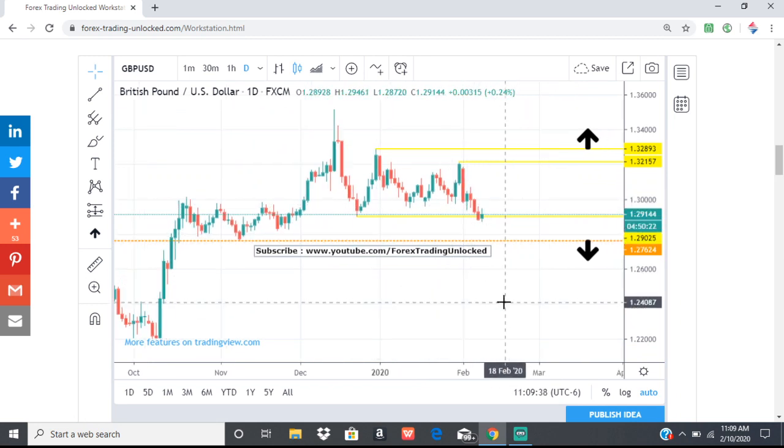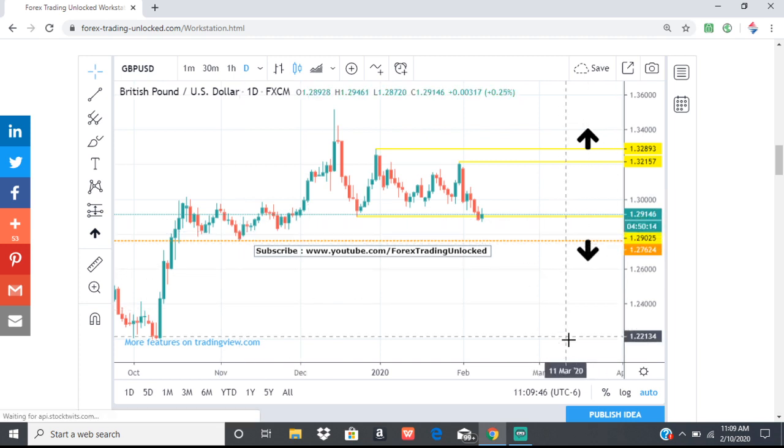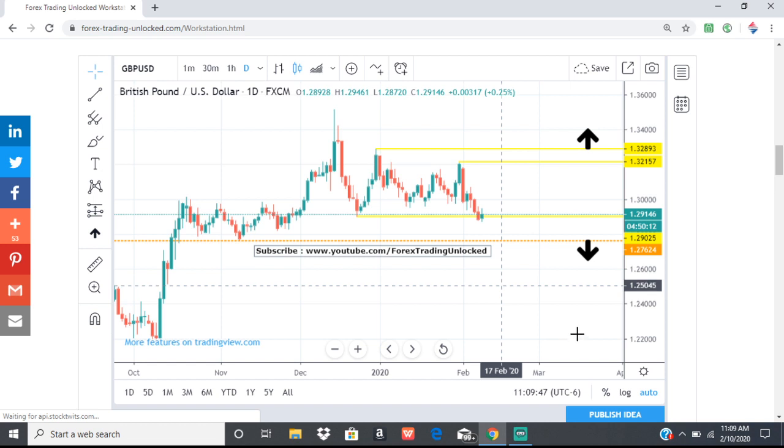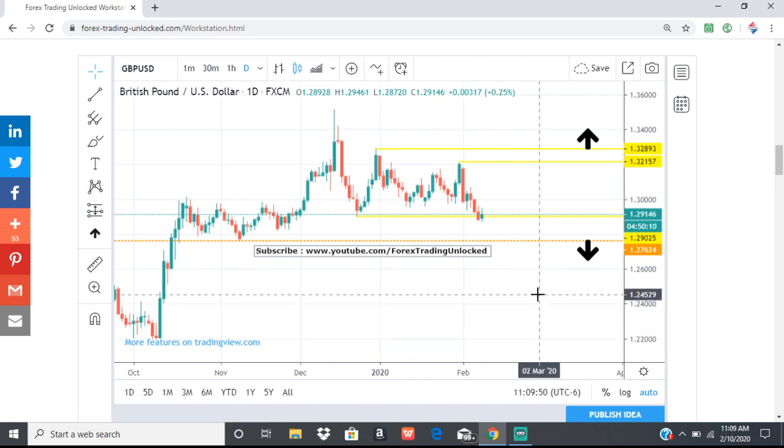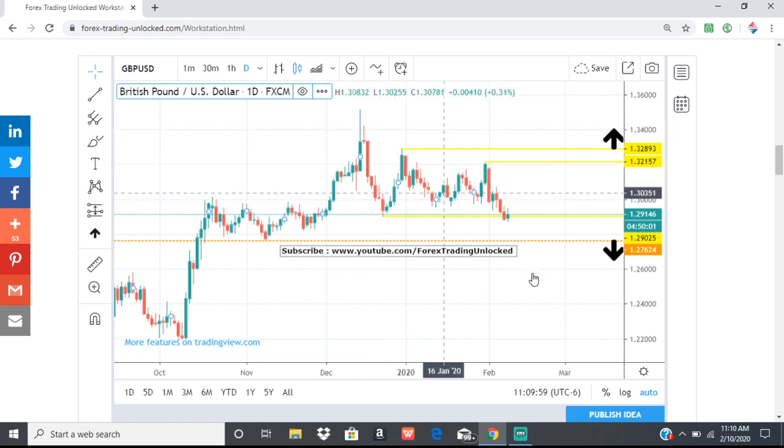If we fail from this pivot here at 127.62, taking out this last higher move low, that would be a very bearish indication that this pound US dollar trade is definitely no longer in a sideways corrective phase, but is definitely becoming bearish. Remember, this was our last higher swing low, then we made a lower swing high, and then,